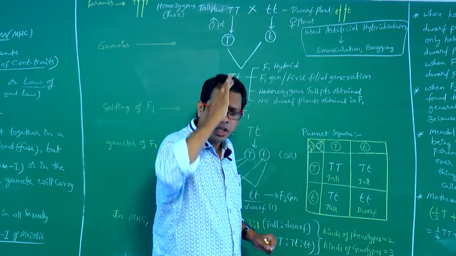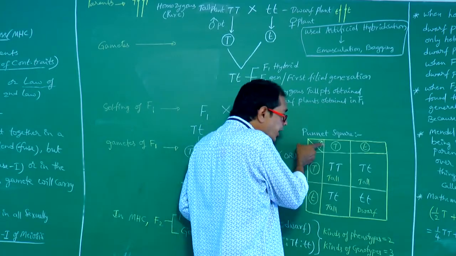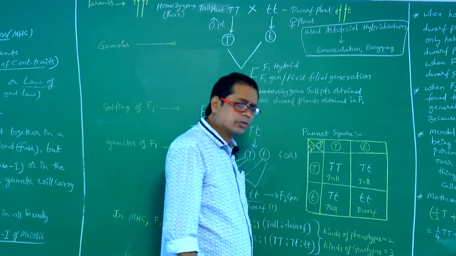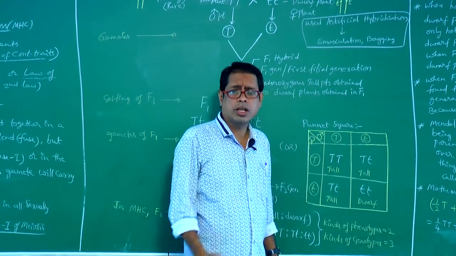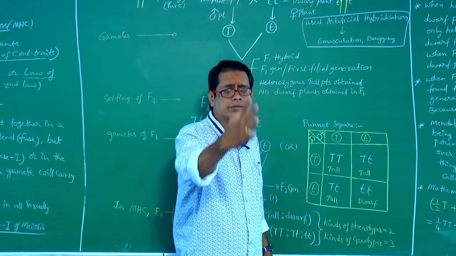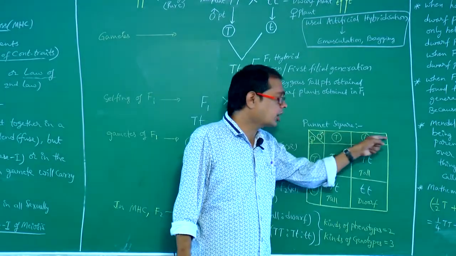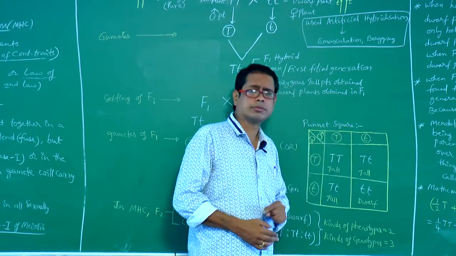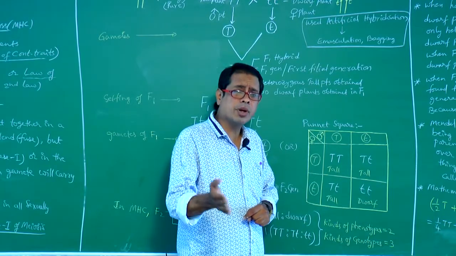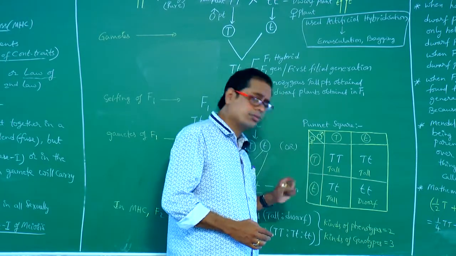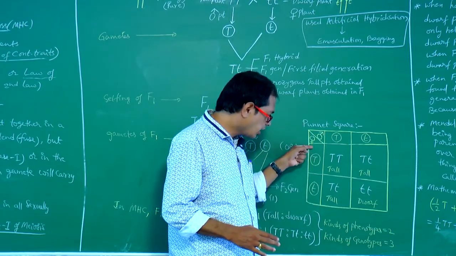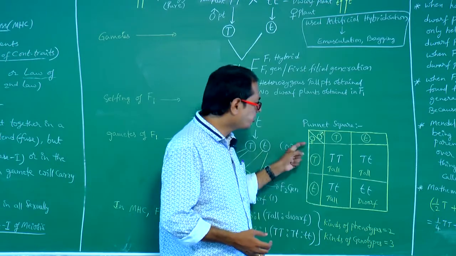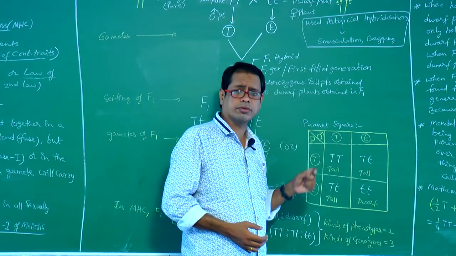That is a rule. Male gamete should be written here only. Female gamete should be written here only. That point you have to remember, my dear students. Male gametes are represented horizontally or in the upper top column. Female gametes are represented at the left column or they lie vertically. Are you understanding? Right.